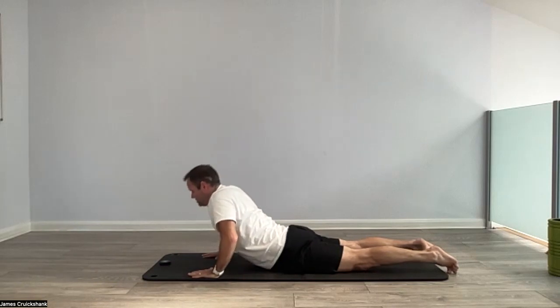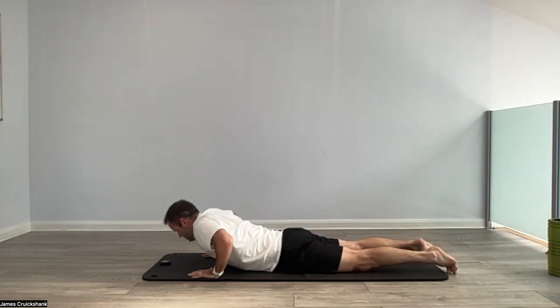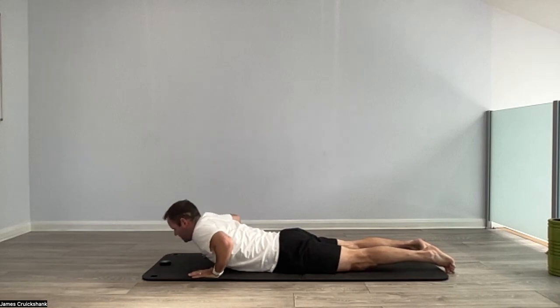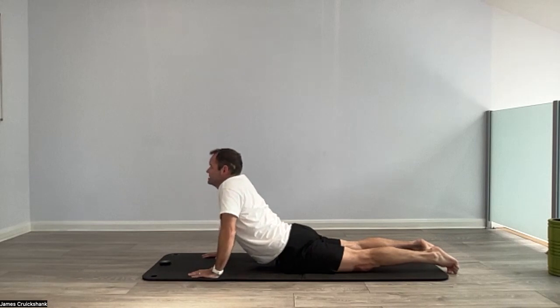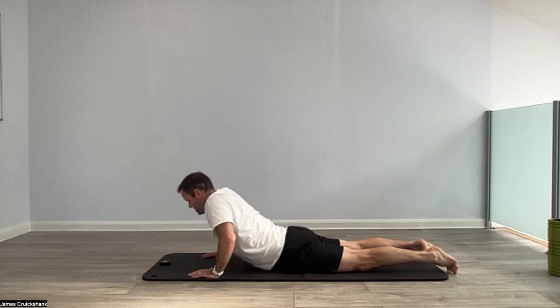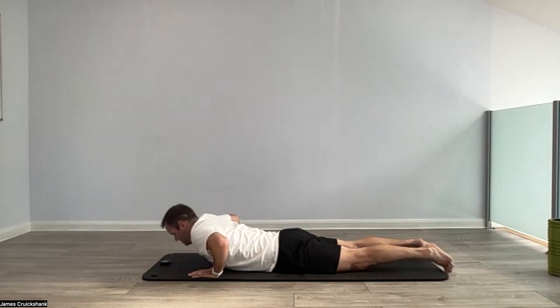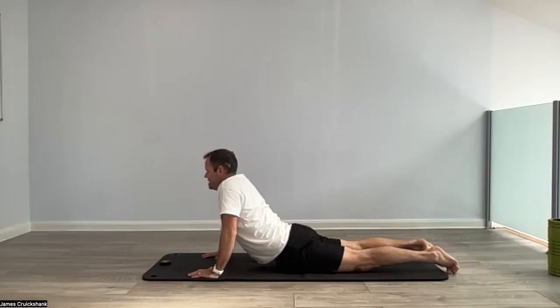So deep breath in and back down. And again, lead with the head, push with the chest, then the lower back comes up, push with the hands, and back down, segmentally as well. Don't rush it, let the head come up as high as you can, let the chest come up as high as you can, let the back come up, try not to let the pelvis come off the ground,